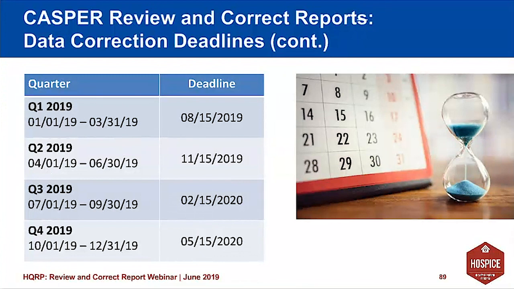So remember, Charles showed this same slide earlier. So these are the deadlines. You can see the quarter and then when the deadline is for correction. So if you go past that 11/15 and if you wait to the last minute and you can't submit, then you could actually miss being able to correct that. So this is a really good tool. You could even print out this slide and keep it handy for yourself.